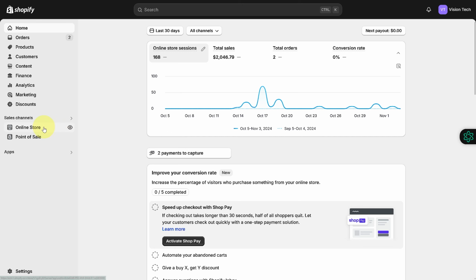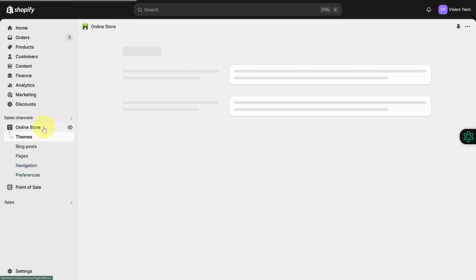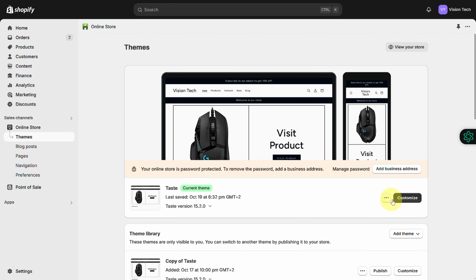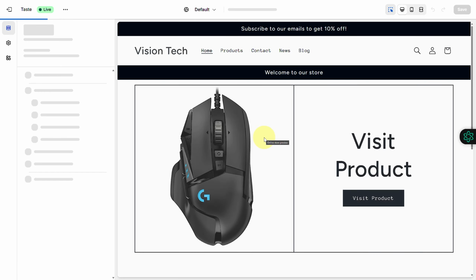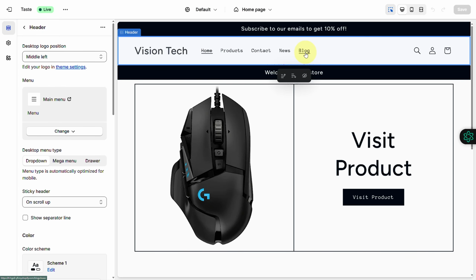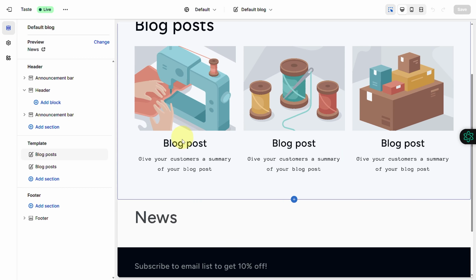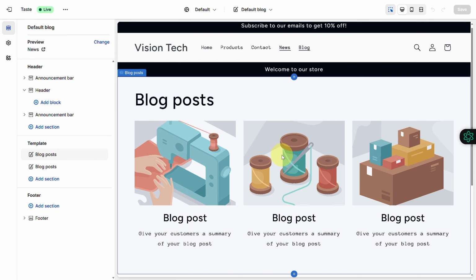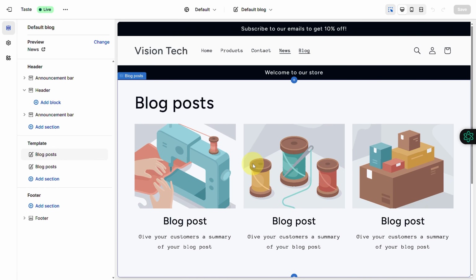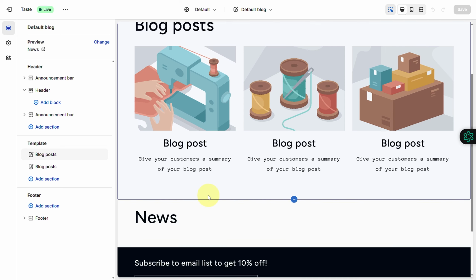So you can head over to your online store and then you can click on customize. So let's just say you have a blogs section like I have here, and if I simply head over to that, you will be able to see that we have various blogs in here, and usually there's a comments section, but the easiest way to prohibit people to just say to comment onto our blogs is simply removing them, like